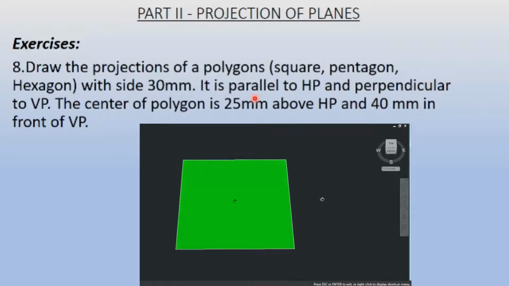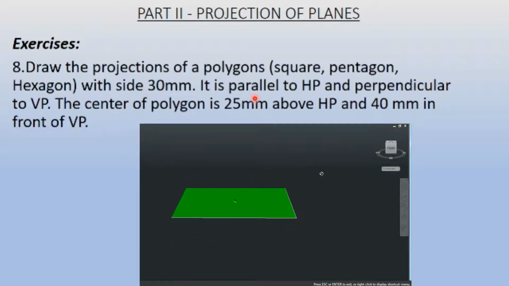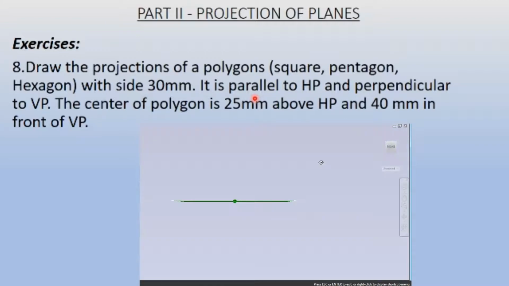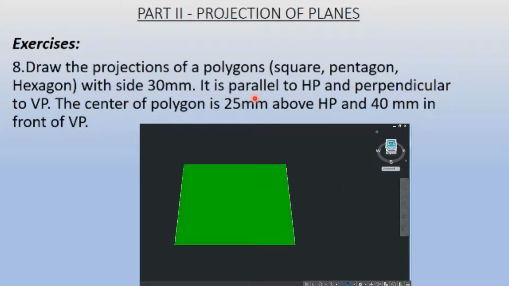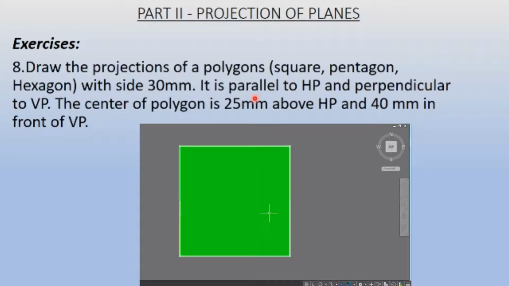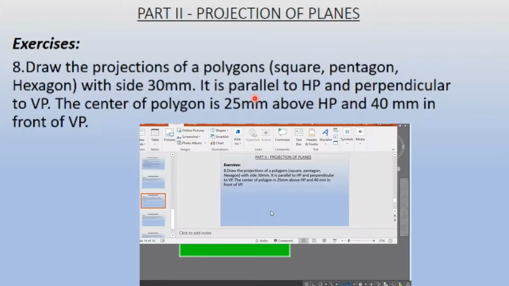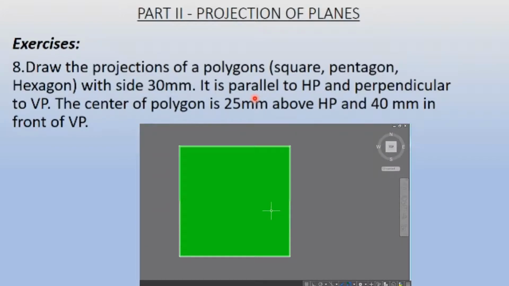As I rotate it more, it is being contracted. At the orthogonal angle, that is at 90 degrees, it will just appear as a straight line. Here the square is there, but it's not visible to you. You can see these dots here, which indicate there is a line of that square. So a square will be your top view, and a straight line will be your front view.